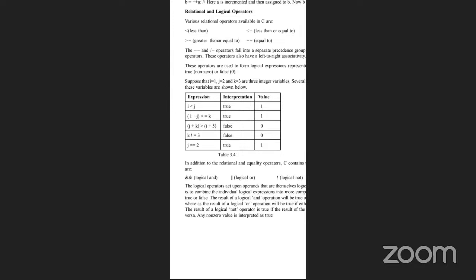The logical operators act upon operands that are themselves logical expressions. The net effect is to combine the individual logical expressions into more complex conditions that are either true or false. The result of the logical and operation will be true only when both operands